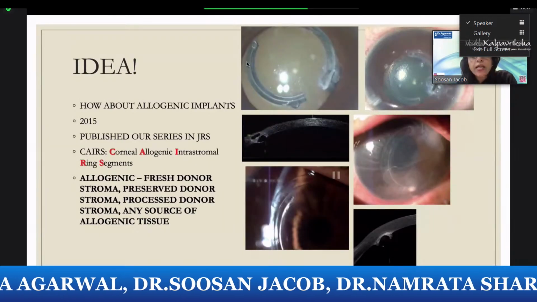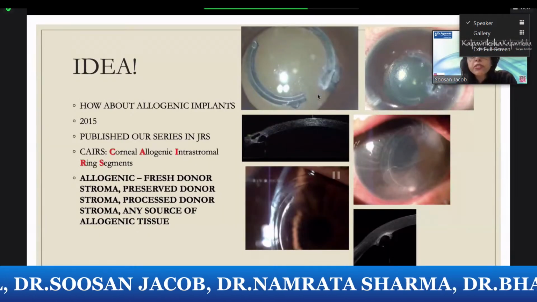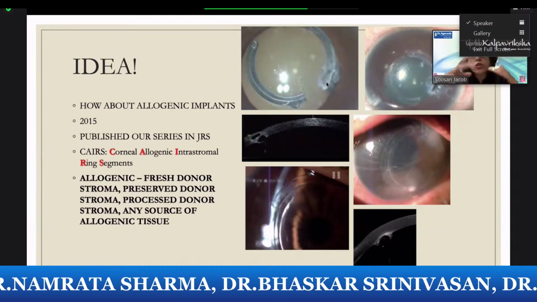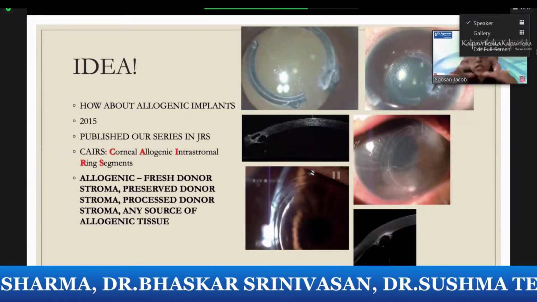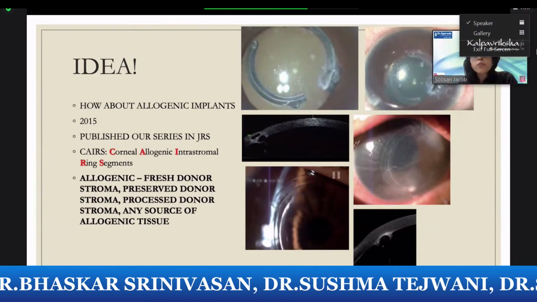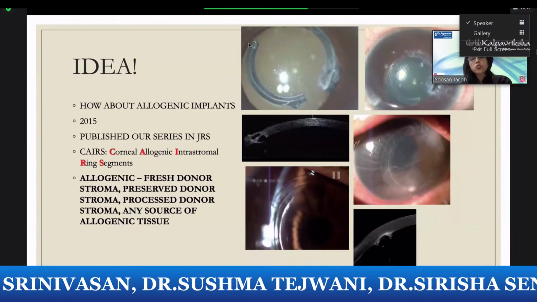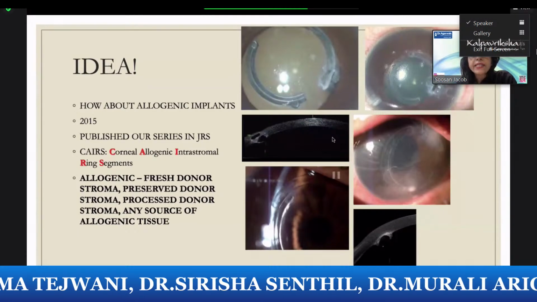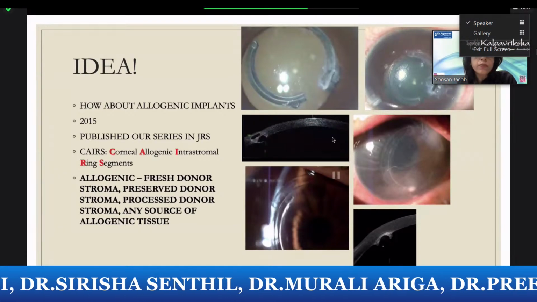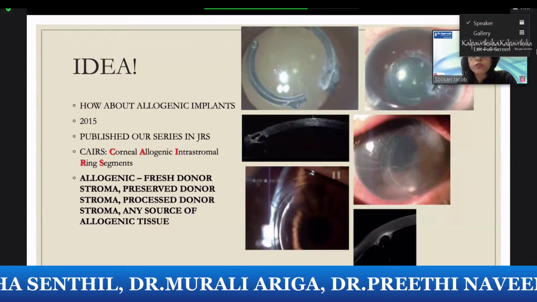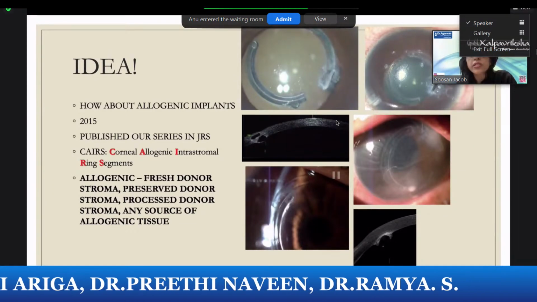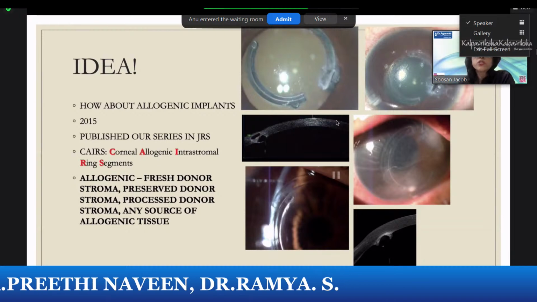As I said, ICRS basically refers to synthetic segments which are placed within the corneal stroma. These have an arc, they shorten the corneal arc length, and they stretch the cornea so that the conical protrusion gets stretched between these two synthetic segments, or plastic or PMMA segments, placed within the cornea. That decreases the keratoconus and also has some effect on slowing the biomechanical progression. It's not a definitive treatment on its own. You have to combine it with cross-linking in progressive cases. In non-progressive cases, you could use just this.